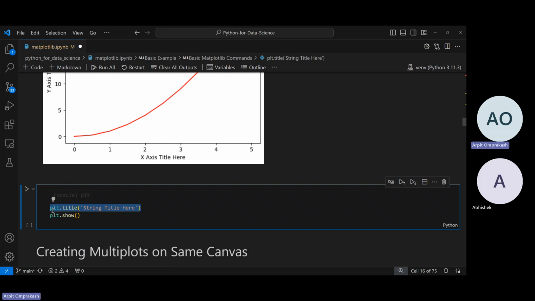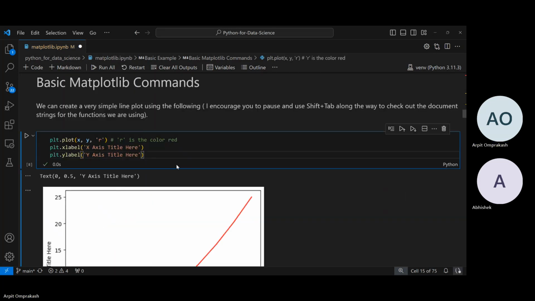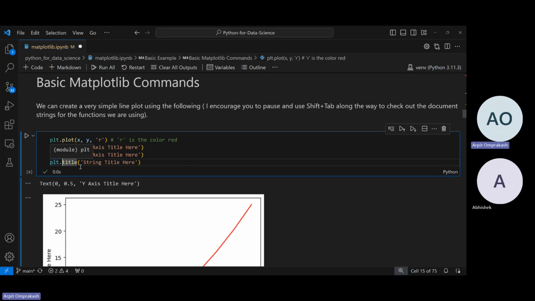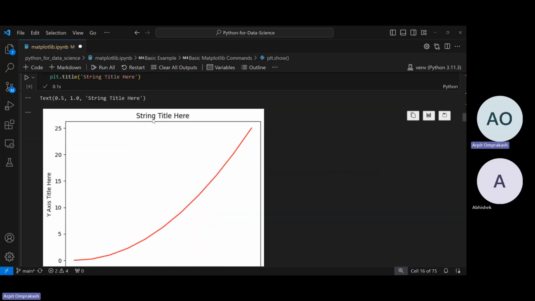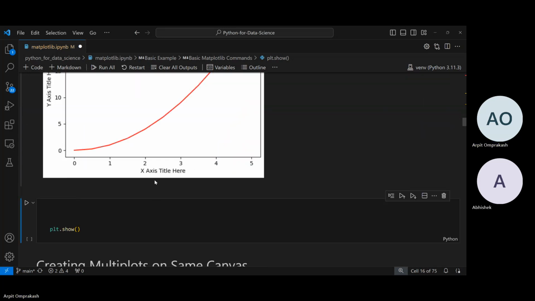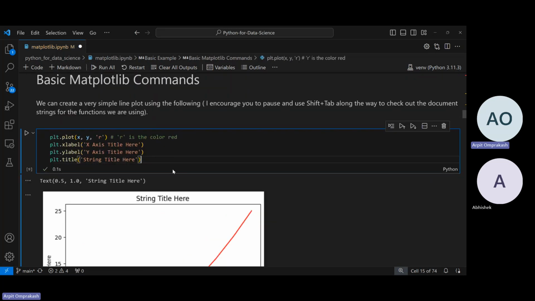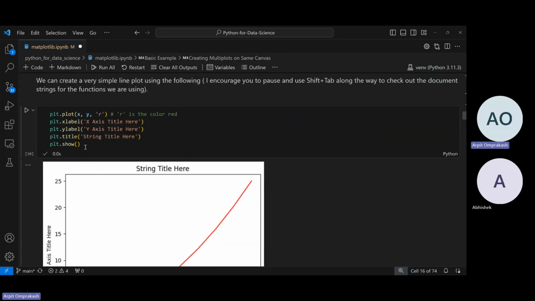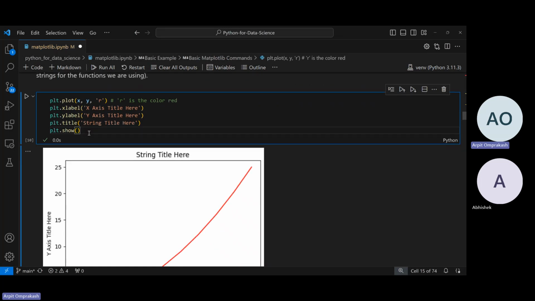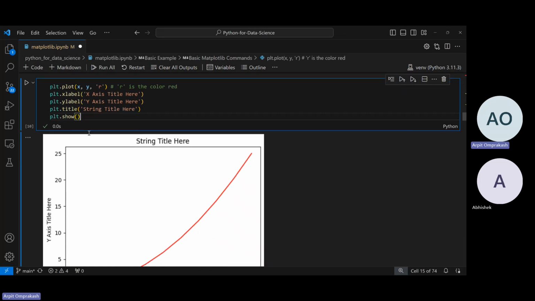Then we have another function called title, which basically gives your whole plot a title. So now the title comes up here for the whole plot. Then this plt.show is something we don't need to bother with here, but I have just kept it in case you download a Python file or something. In that case, since you'll be running the Python file inside a terminal, to show the plot you have to call this function plt.show, which will open the plot in another window,